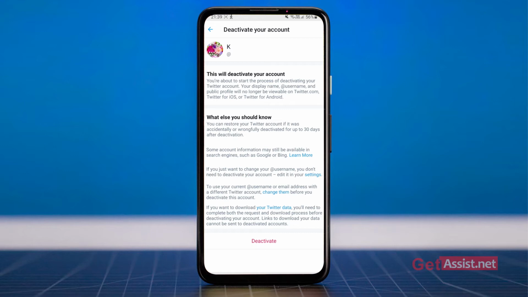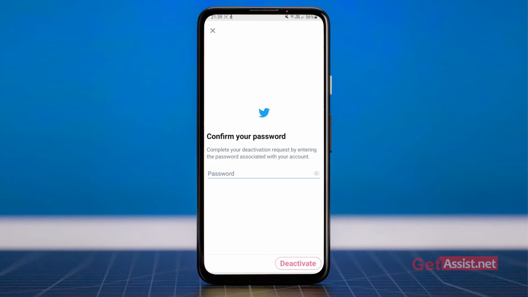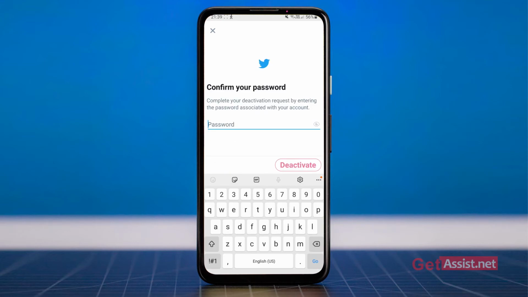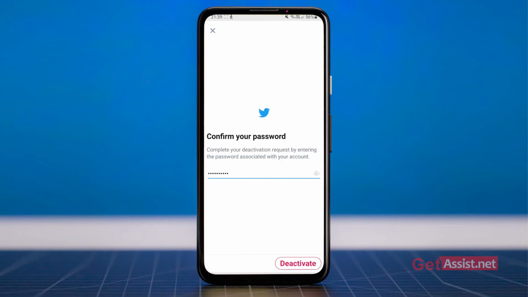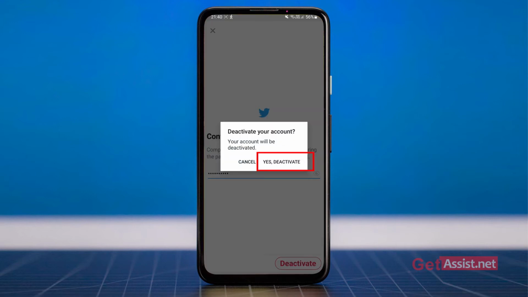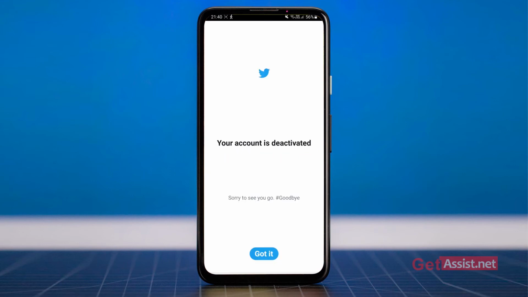So yeah, simply tap deactivate, and now here you have to enter your password to deactivate your account. So after entering the password, simply tap deactivate. Again tap yes, deactivate. So yeah, doing this will deactivate your account.